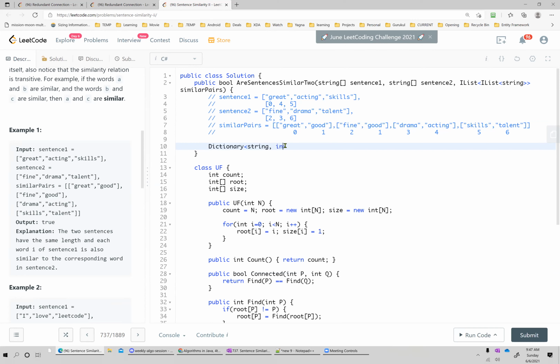Now, one thing I kind of was thinking wrong was to map these sentences, but we should start mapping the similar pairs because some of them might not be in the sentence, some of the words. Yes. So something to maybe note. I see. Yeah.